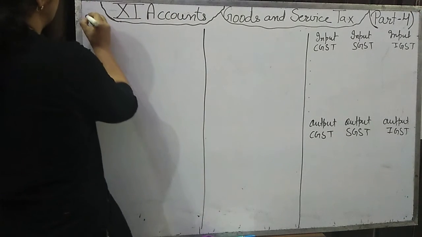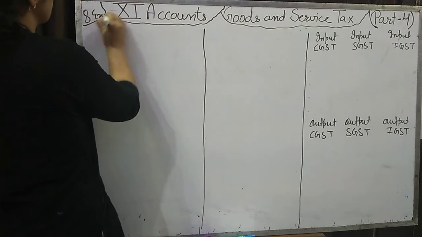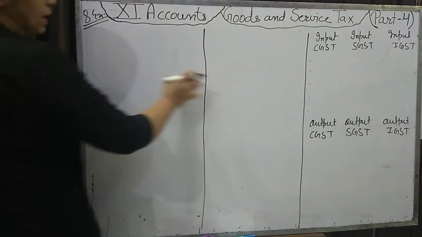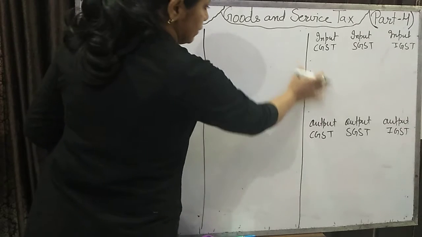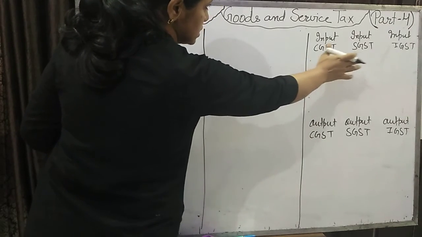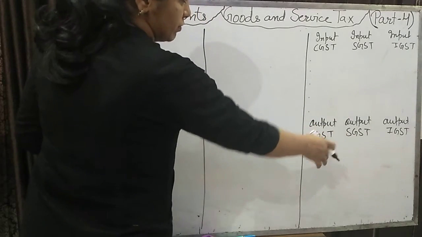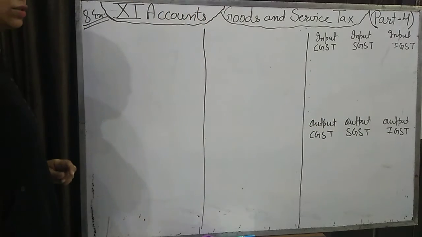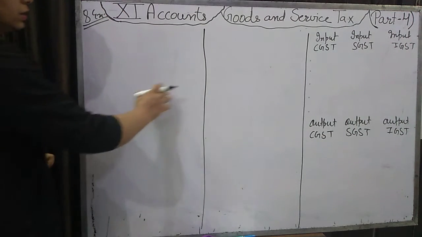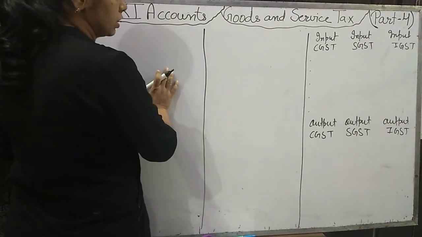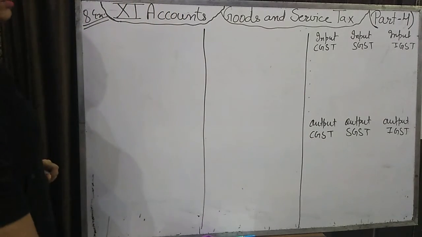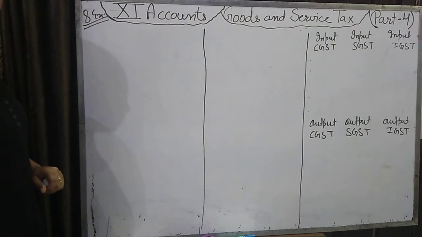Yes students, I haven't made the full proforma because of the shortage of space. I haven't made 5 columns. We will pass the journal entry here, and here we will write how much CGST, SGST, IGST input and output. After that we will do the total, then we will adjust. You have to do it like this. When you solve the question, at the end of the question you will do the calculation of the input and output GST.